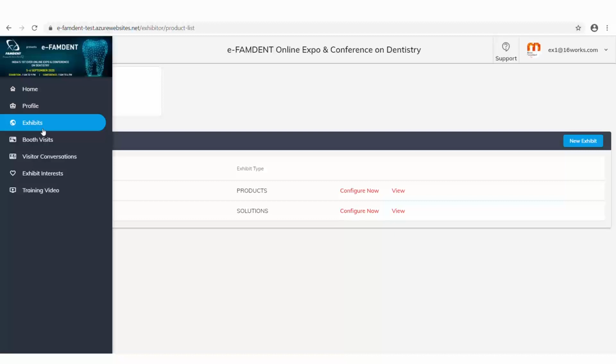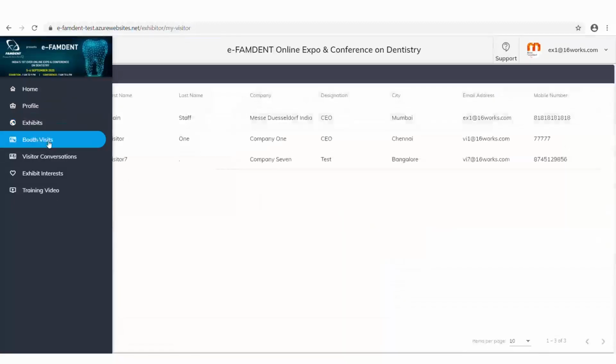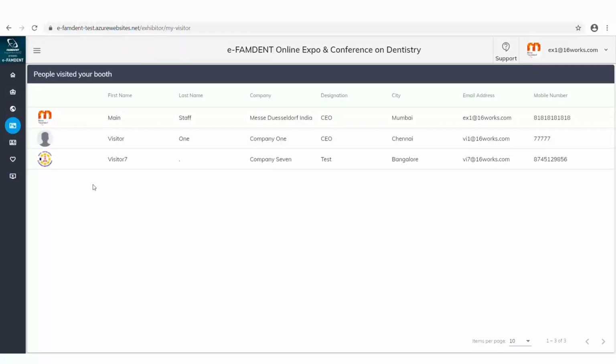Now there are a few other points which you can actually use during the show days. This is booth visits. This will give you an entire list of all the people who have visited your booth. You can see their first name, last name, company, email address, city and mobile number.